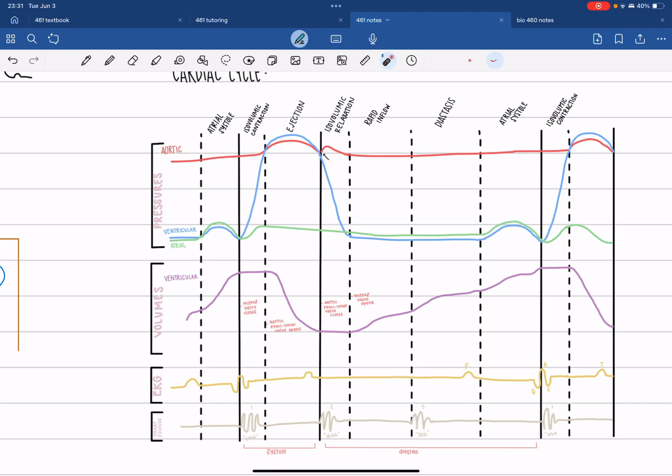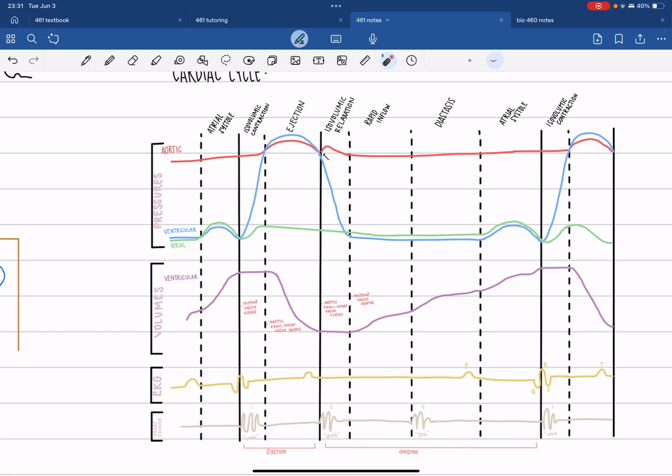Now, we just have to compare that to our ventricular pressure, which the ventricle is always trying to overcome the amount of pressure in the aorta in order to eject the blood. Same thing as a ketchup bottle. You have to push it hard enough in order to eject the ketchup out of the bottle to eat it with french fries. So, ventricle, right here, it's going to increase a little bit just because of receiving blood from the atrium. It's going to expand just a little bit.